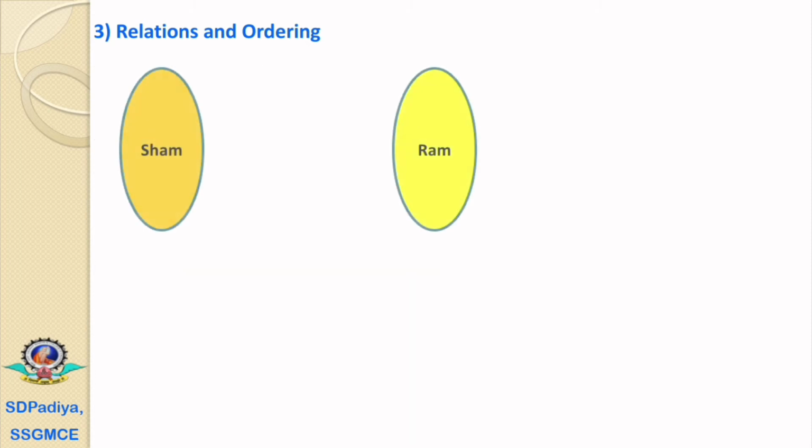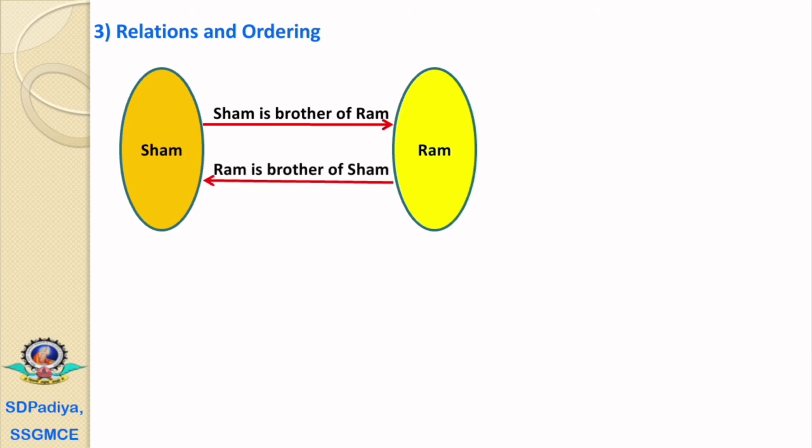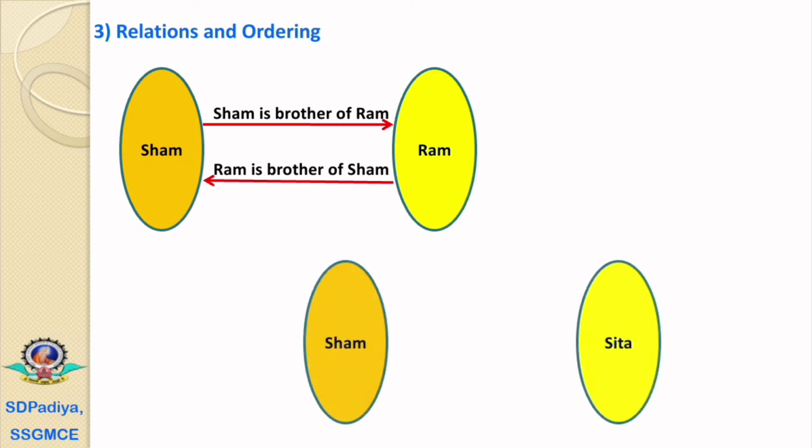We'll discuss that suppose we have Shyam and Ram, then Shyam is a brother of Ram, both are male. Shyam is a brother of Ram, that's why we can say that Ram is a brother of Shyam, because if both are boys, then this brother relation is symmetric. If Shyam is a brother of Ram, then obviously Ram is also the brother of Shyam. But what is the problem?